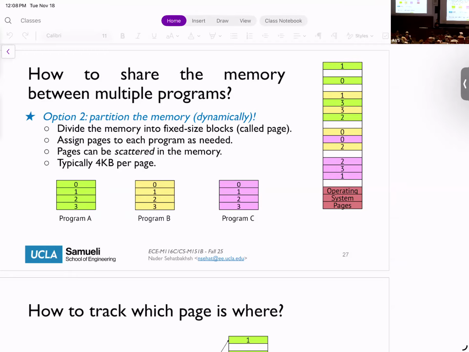So if a new process comes, we can create new pages for it. If a process no longer needs a page, we can take back the page and assign it to another process, and so on and so forth. And in this paging mechanism, the operating system or any other system process also becomes page-based. So that would be what we're going to get.